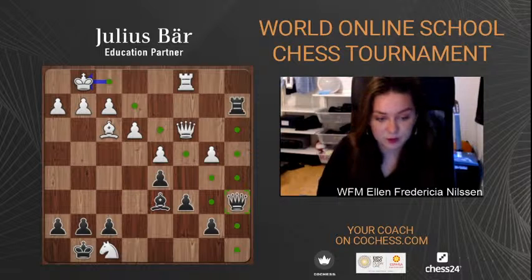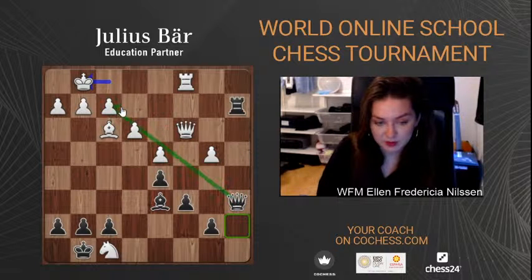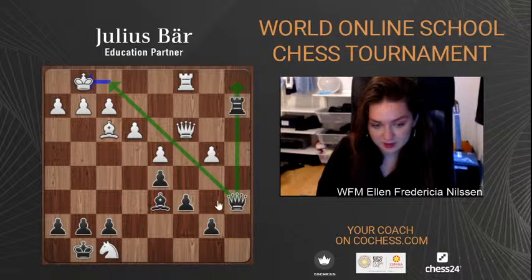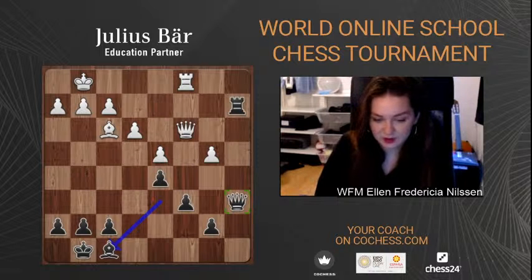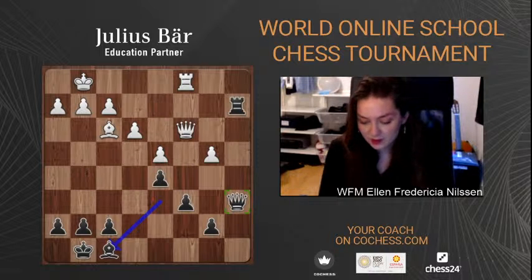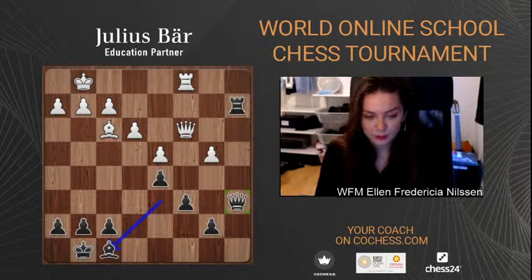a6 is a better square here than a7, because here on a6 the queen has more scope, while on a7 it's just looking into some pawns. So I took the knight, but this position is actually quite equal. The problem for white here